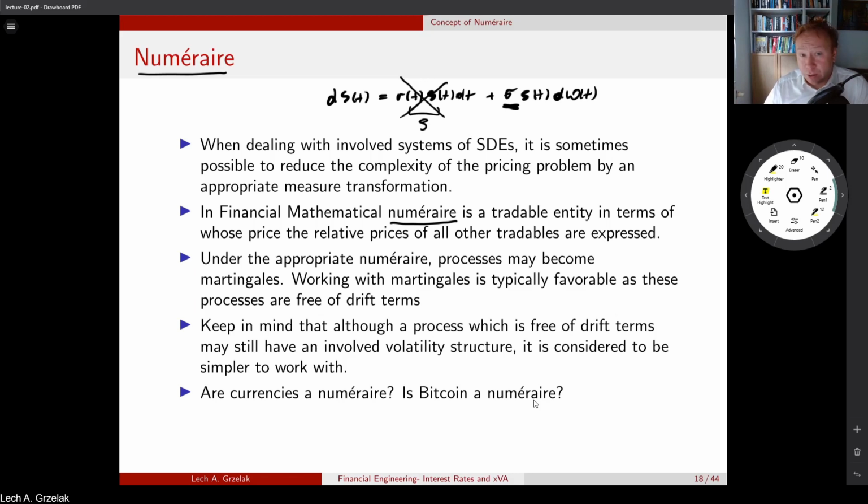FX in general is not a numeraire. So this is something to keep in mind. If you look at the FX rate, it's not a numeraire. A numeraire is something which you can buy and sell. We cannot buy FX. We can exchange euros to zloty or dollars to euros, but we cannot trade the exchange rate itself. So the exchange rate is a tool. In this course, we will also learn how to look at foreign exchange measure changes. What are actually the numeraires there? But Bitcoin, if it is considered to be a commodity, then like any other asset, you could consider it to be a numeraire. There is some criticism of Bitcoin being a numeraire, but this is outside the scope